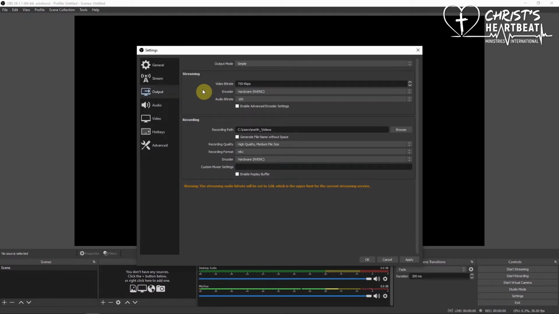So anything between 750 and 3,000 is what I'd recommend based on your line speed. And once again, whatever it gave you as your video bitrate recommended, always go slightly low. So if the recommended rate is 2,000, drop it by a couple of hundred and maybe go for 1,700 or 1,500. If it gave you a bitrate of 1,200, maybe drop it to 1,000, just to be on the safe side,